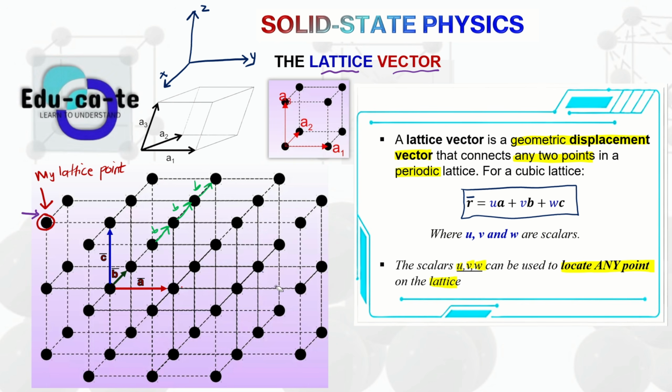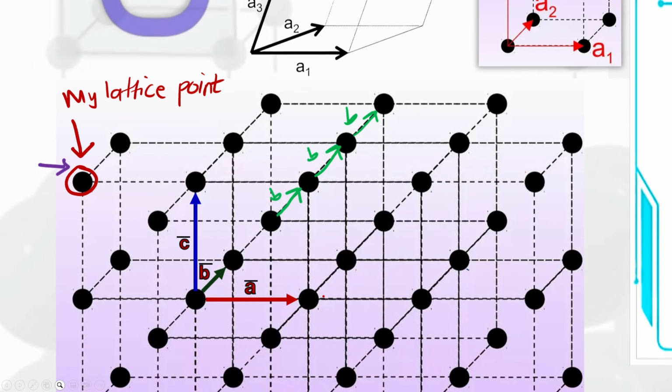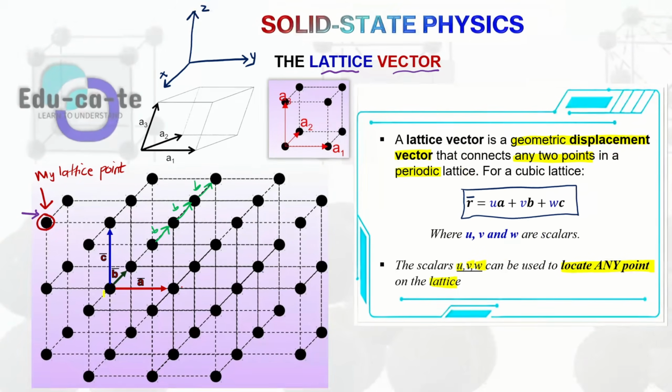Okay, so you are given this reference. This is where you are starting, and I want to get all the way to this lattice point here. To get to this lattice point, you have to trace how much you need to move. You move from your reference to this corner lattice here, and then from this corner lattice, you move again to this lattice at the top, the one that you are looking for, right? So you just need to look at what vectors are found in that particular lattice.